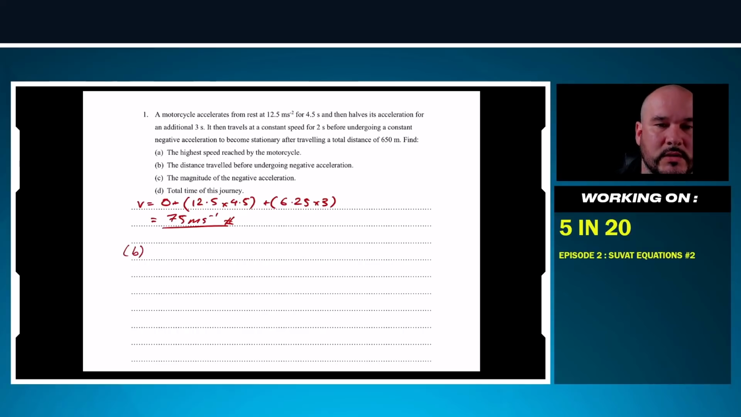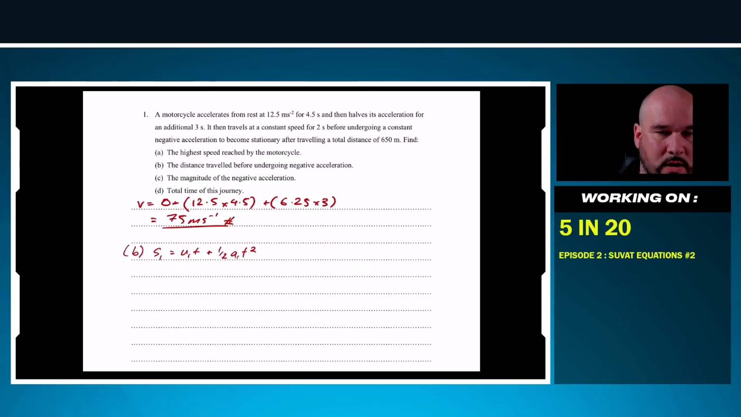What about the distance traveled before undergoing negative acceleration? This is the first 3 legs of its travel: the high acceleration, low acceleration, and then constant speed. So we need to find the displacement, or the distance covered, in each of those 3 legs and sum them up. Our first one is the acceleration leg, so it's just going to be ut plus half at squared. It does start from rest, so we know that